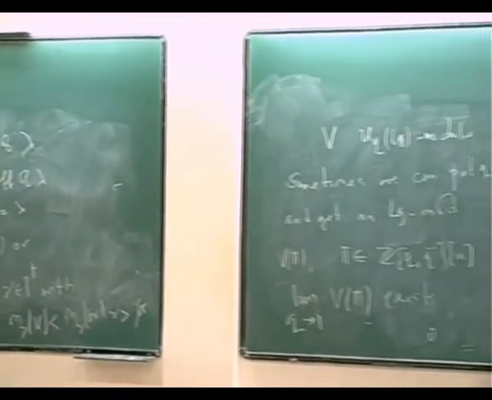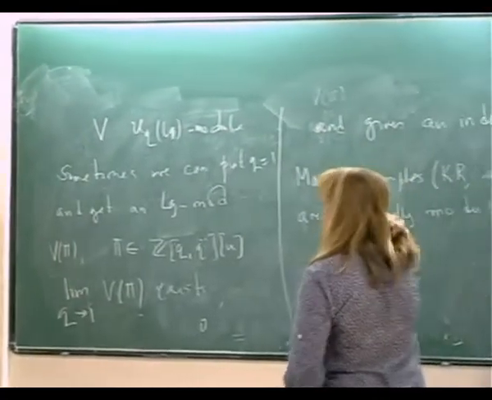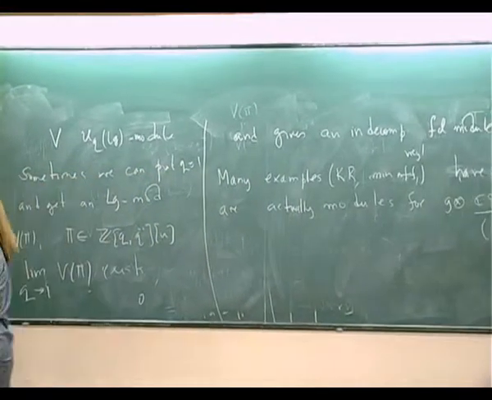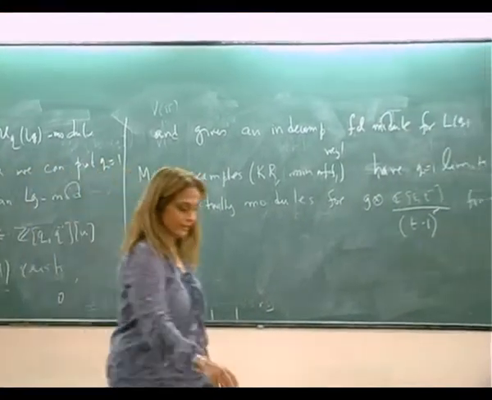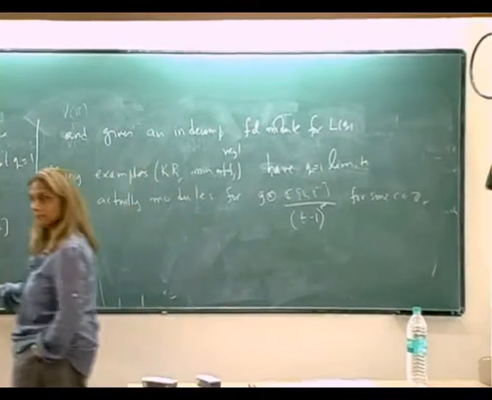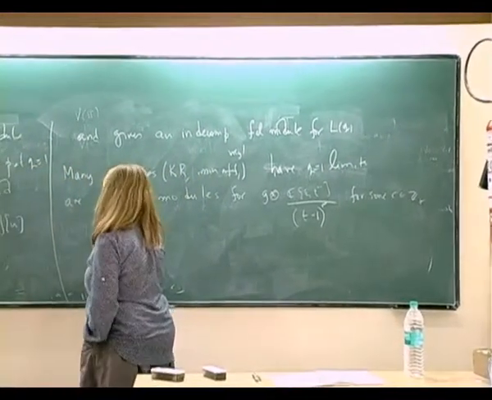Is it easy to see that the limit is indecomposable? Yes, because these modules are all generated by a cyclic vector, right? You have your little v pi. So when you take your lattice,